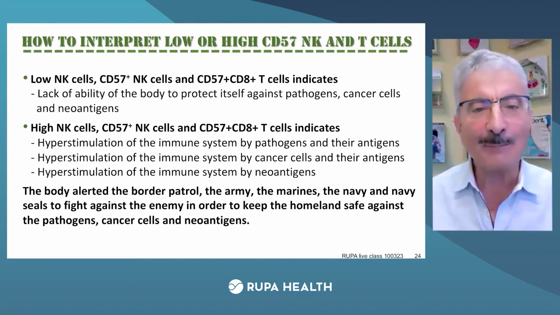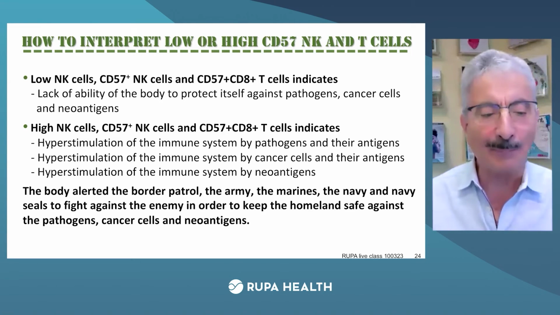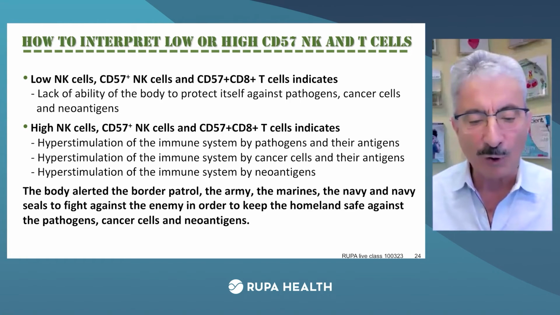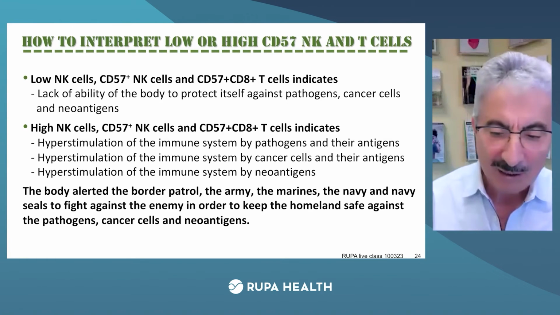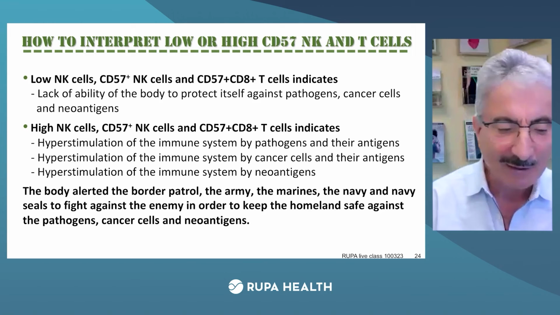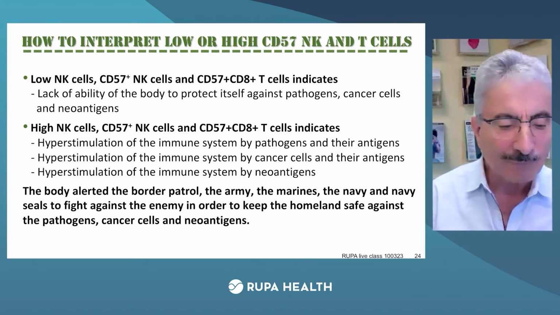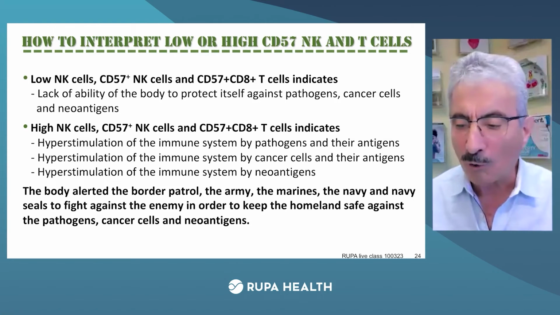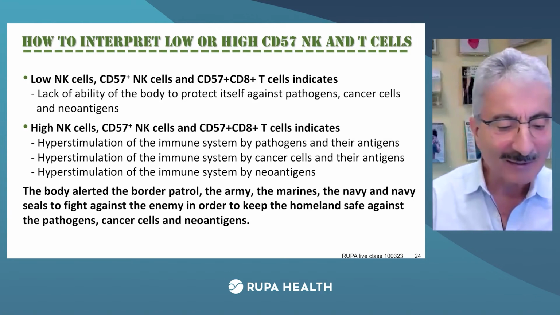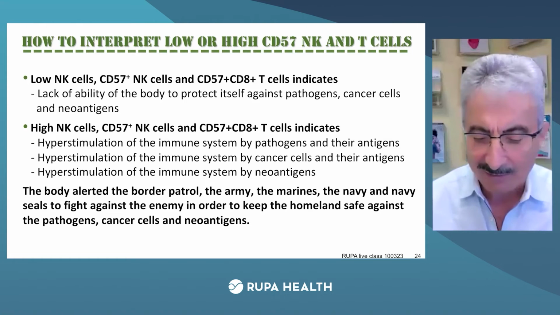And so when the numbers are high, it means the body alerted the border patrols, the Army, the Marines, the Navy, the Navy SEALs to fight in order to keep the homeland safe against the pathogens, cancer cells, and